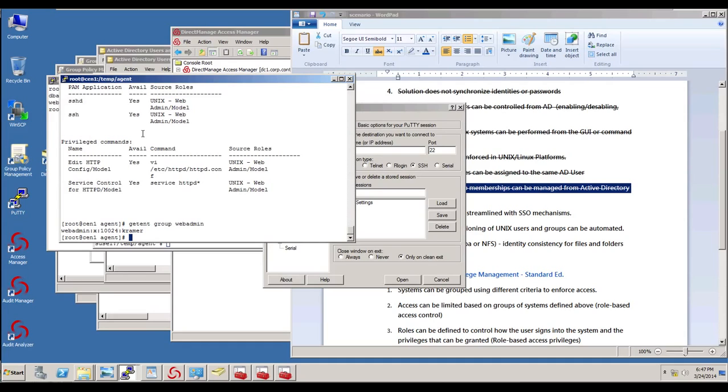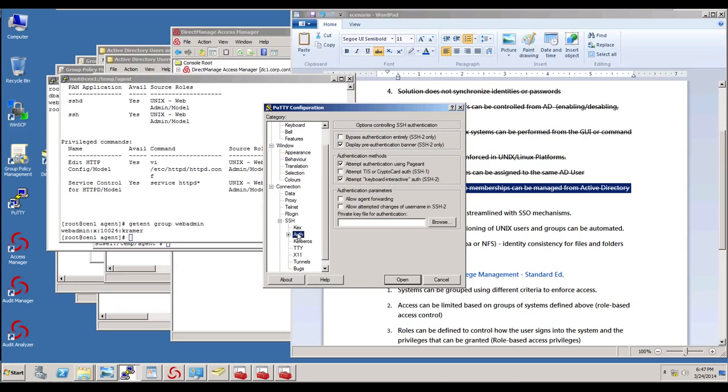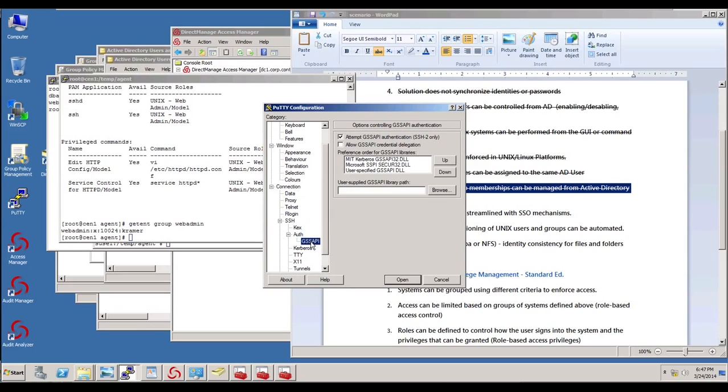So GSS API, generic security service application programming interface, is a way to provide SSO, and most of the modern versions of OpenSSH support it. So this is Centrify's PuTTY. The only difference is that it has this Kerberos tab, but regular PuTTY has this auth in here, and in here you have GSS API. So all you need to do is make sure that attempt GSS API is enabled,